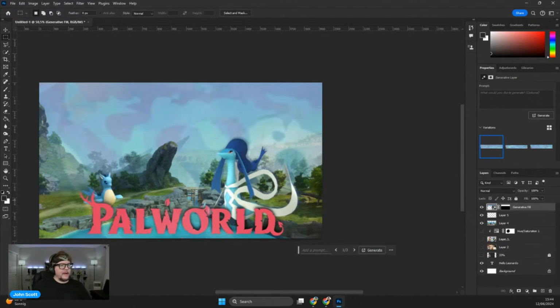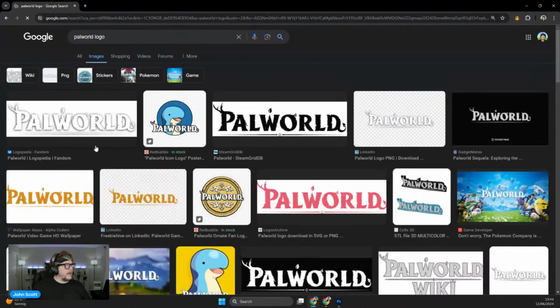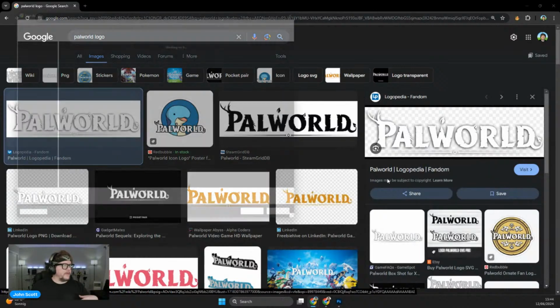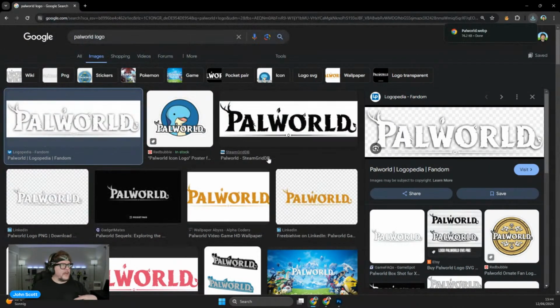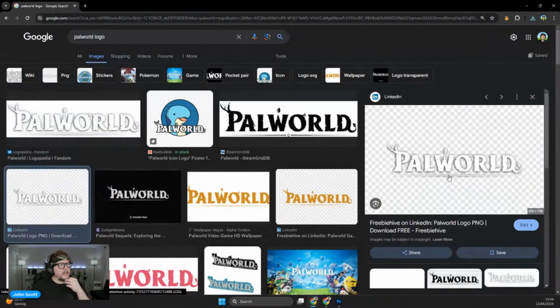And then let's find the Power World logo. Okay, so those little ball things aren't actually a part of the logo after all. It's a WebP, I can't be using that.